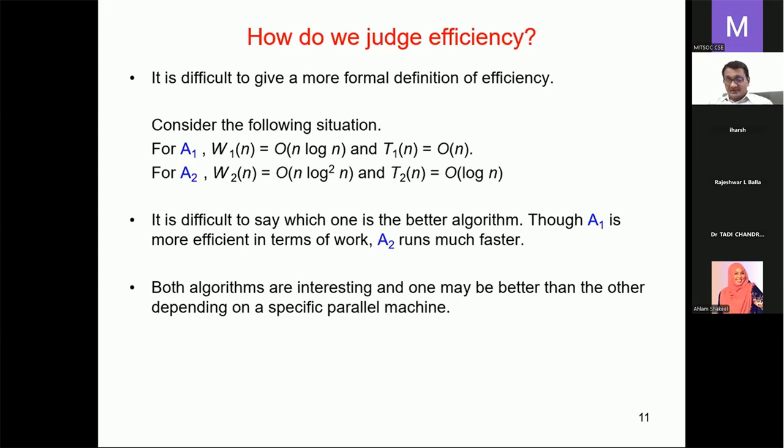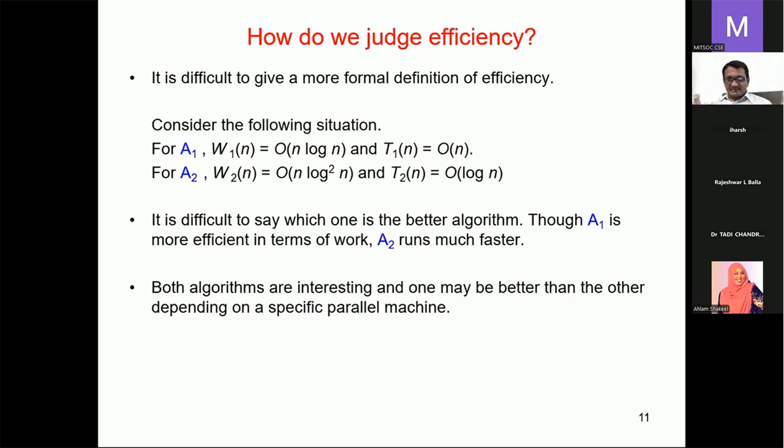Because adding n numbers on a von Neumann architecture takes order of n time. Are you agreed? But adding n numbers on a parallel machine is taking log n time, but at the cost of n processors. So is this trade-off good? This trade-off is not good. Is this comparison good? Again, I repeat, one processor adding n numbers takes order of n time on a sequential machine. On a parallel machine, how many processors? n processors. But total time complexity n log n.